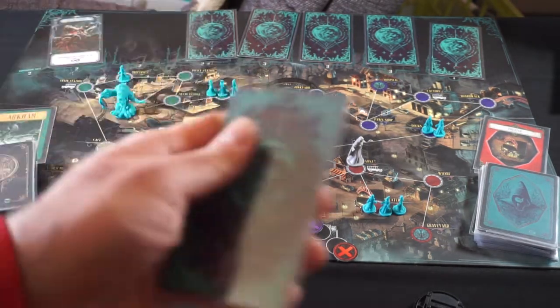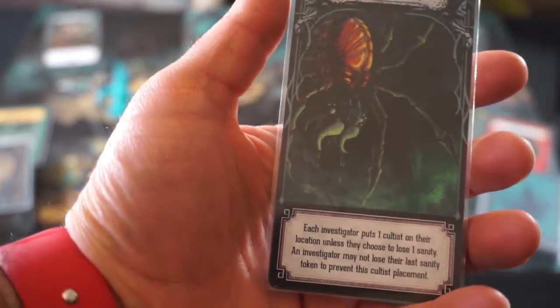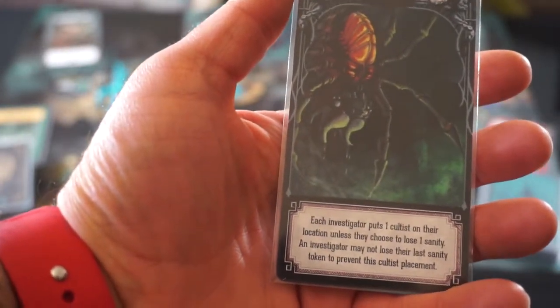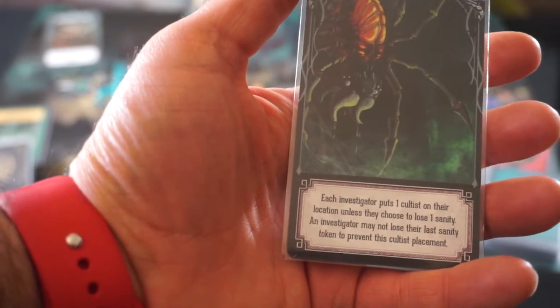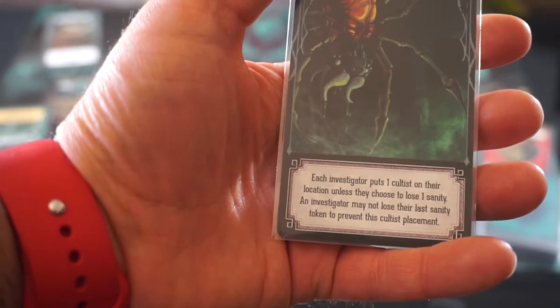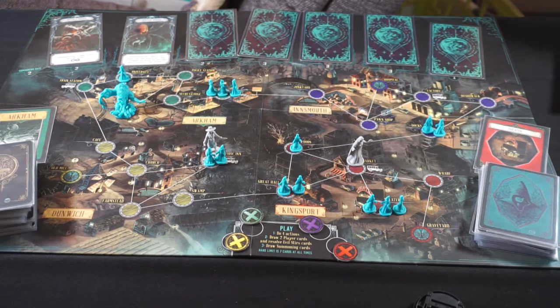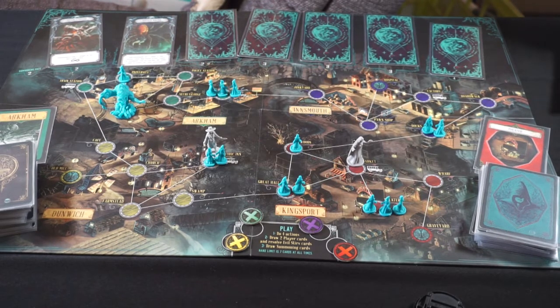This time we awaken Atlak Naka. Each investigator puts 1 cultist on their location unless they choose to lose 1 sanity. An investigator may not lose their last sanity token to prevent this cultist placement. The hunter... this could be bad. So I'm going to have the occultist lose a sanity because my plan was to go into the theater. My plan had been to go seal the gate at Kingsport, but now that we've reshuffled, well,